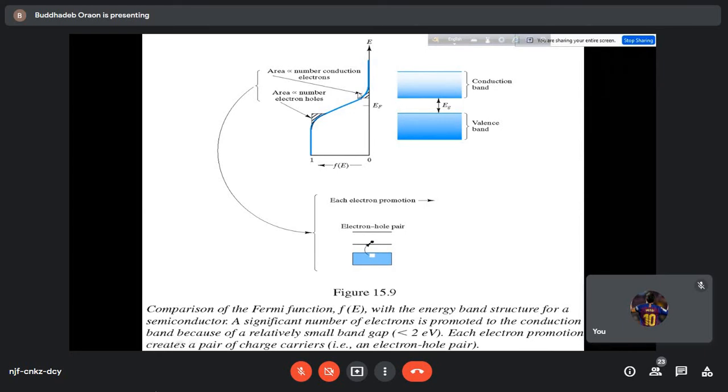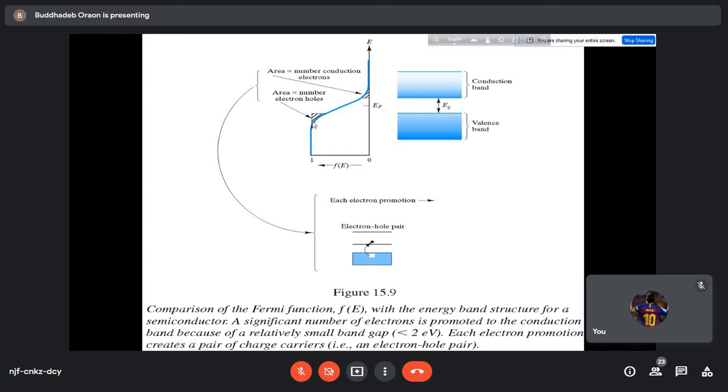For semiconductor, of course, it will be different. For different types of semiconductors, the position of this Fermi level will not be exactly at the mid value of the Eg, but slightly shifted because of some difference in the numbers of holes and electrons. In a pure semiconductor, the number of holes and electrons that will be created will have the same value.